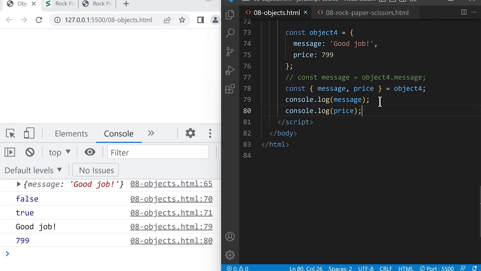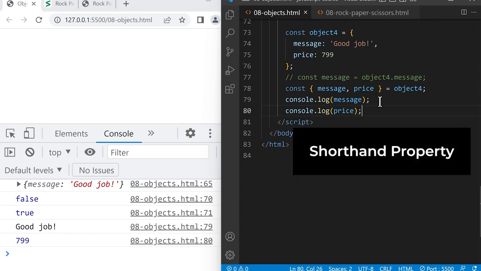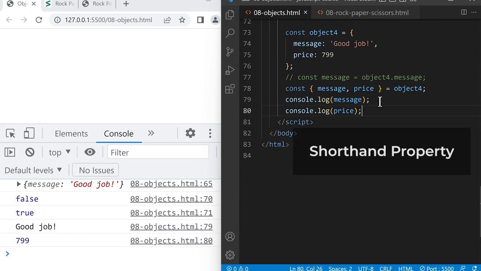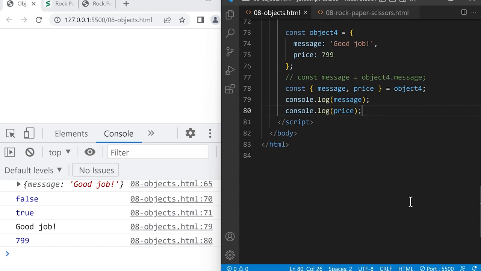The next shortcut we're going to learn is called the shorthand property. So at the bottom, let's create some new lines. And let's say we want to create a new object. So we'll type const, and let's name this object